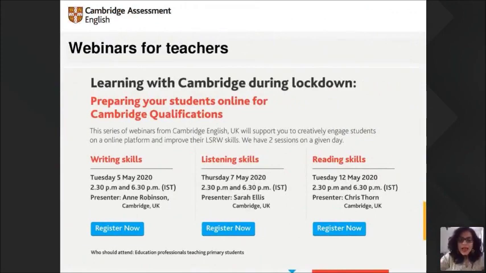And these are more webinars that you can register for, and they are on writing skills, listening skills, reading skills. You can see that the Indian Standard Time, IST, has been mentioned under the webinars. These are the dates and these are the presenters. You have the presenters from Cambridge, UK, who are presenting these webinars, and you can attend these webinars in the days to come. If you have had a good look at these webinars, we have 2 sessions on a given day,